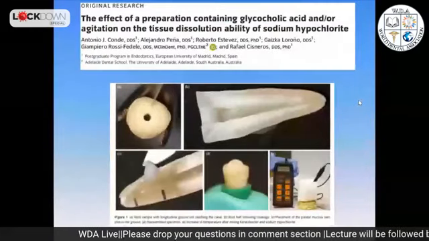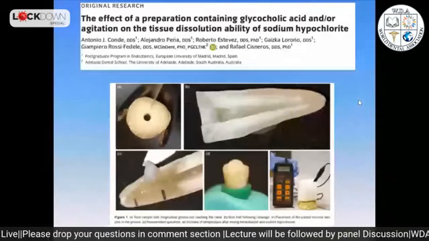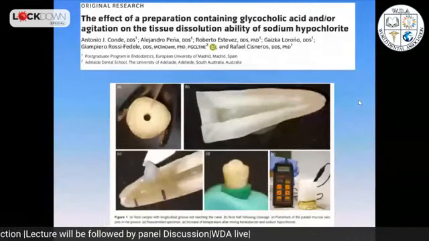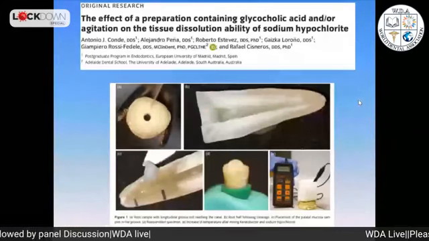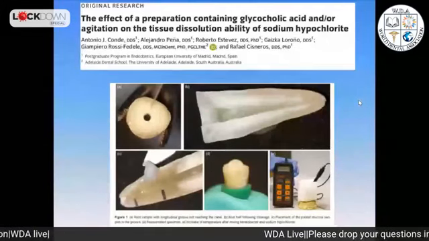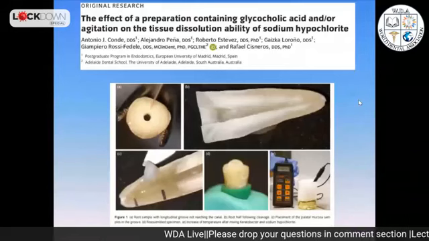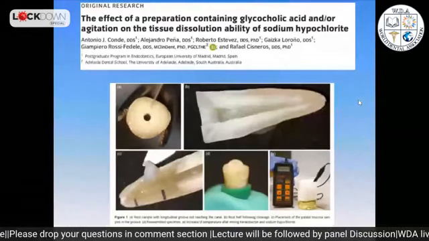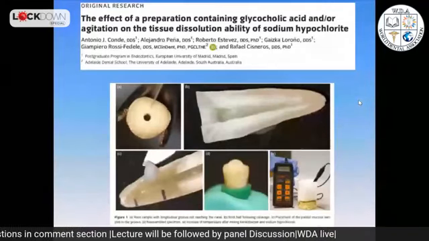We are now testing other chemicals that you mix and put inside the root canal, and then they start having tissue dissolution. They are able to increase our tissue dissolution ability. But this is heat that is created inside the canal. So as I tell you, it's not only the physics, it's also the chemistry.